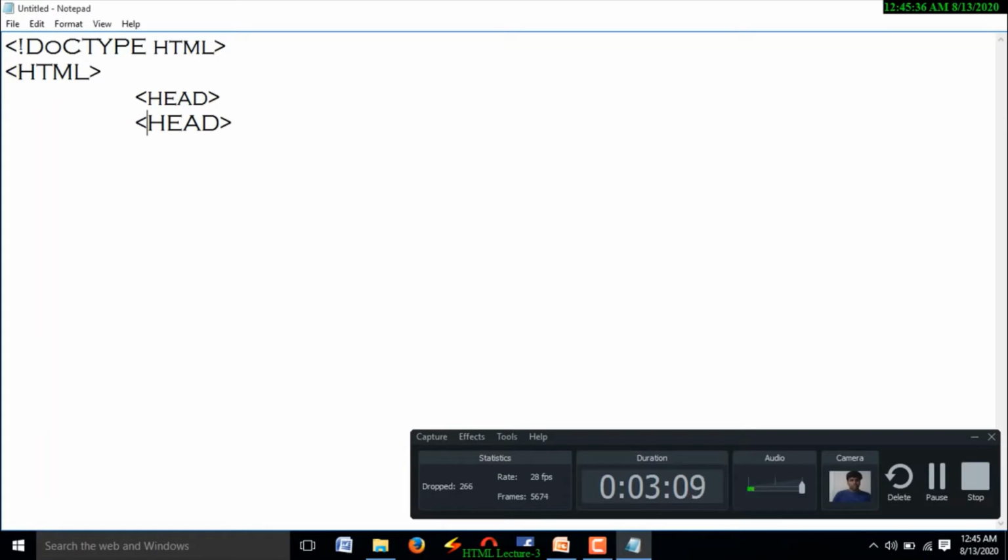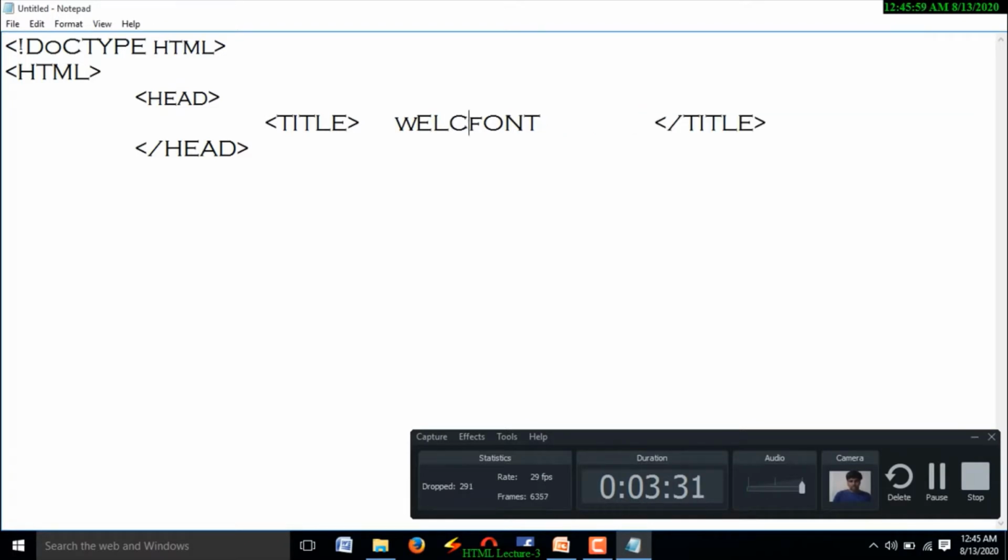Inside the HTML we are going to write the head part of the HTML. This is the opening head tag and this is the closing head tag. Inside them we are going to write the title of the web page. Here title is welcome to font. Right. And head part completed.